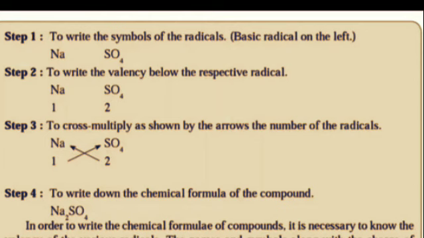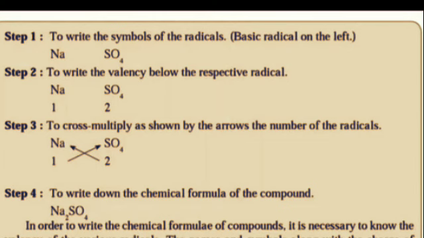For example, while writing the formula of a compound such as sodium chloride, the symbol of the cation is written on the left and adjoining it on the right is the symbol of the anion. The charges are not shown. The number of each ion is written as a subscript on the right of the symbol of the ion. This number is obtained easily by the method of cross multiplication of the valencies.